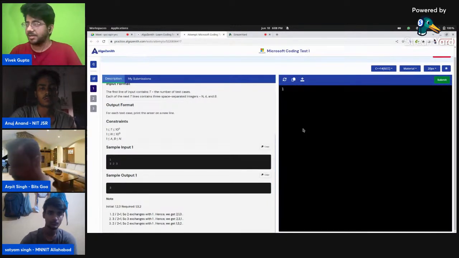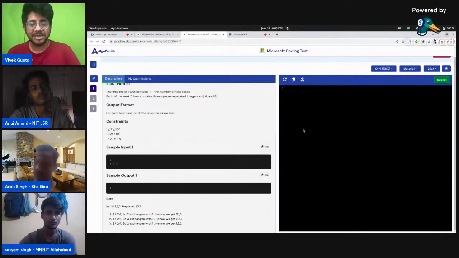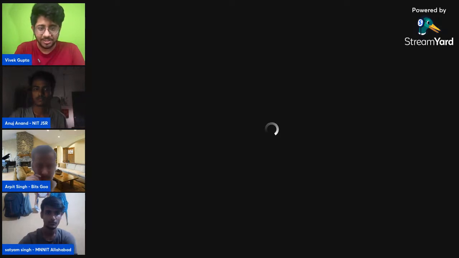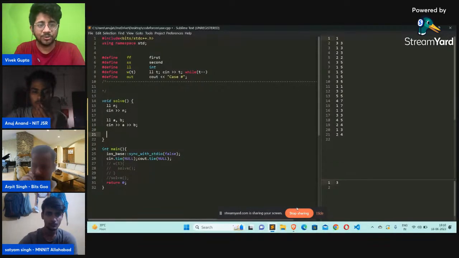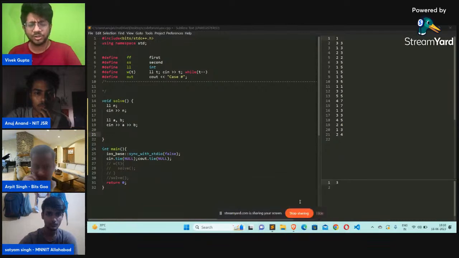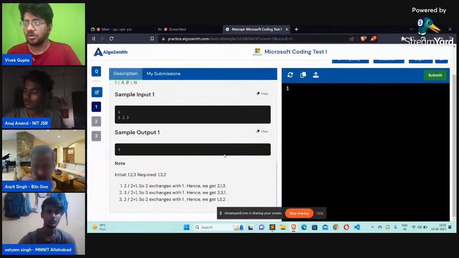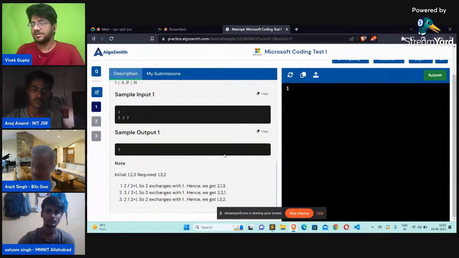So you have 3 questions. My general suggestion: read all 3. Okay, it takes time to read all 3, but again, you will be sure on which problem to attempt. I think what I can see over here right now is that Anuj has read the first problem. He's trying to code the first problem, which is good. Like if you're sure what to do, then it's pretty simple, right? But then again, not always that's the case, right?